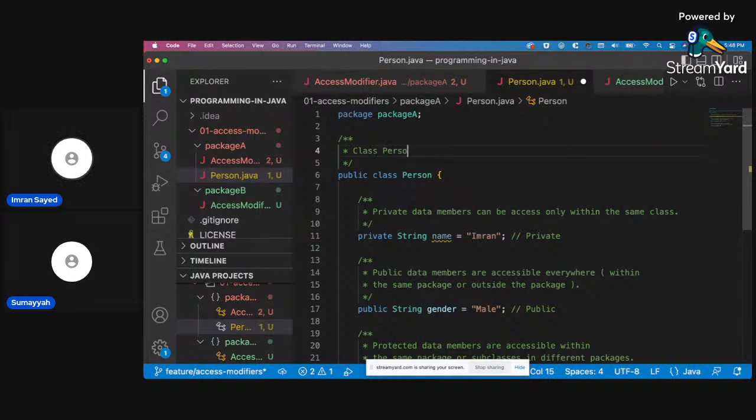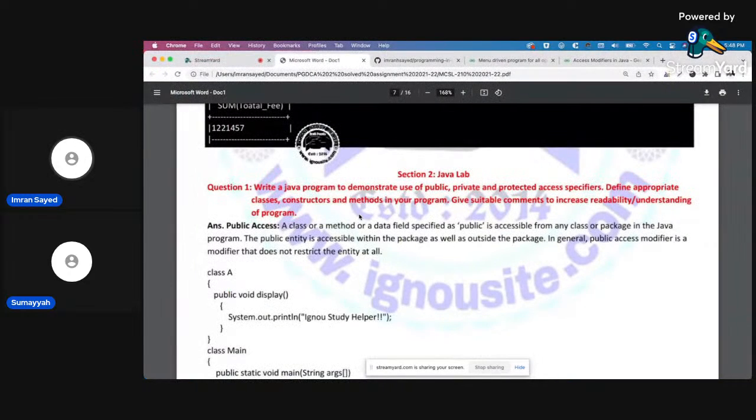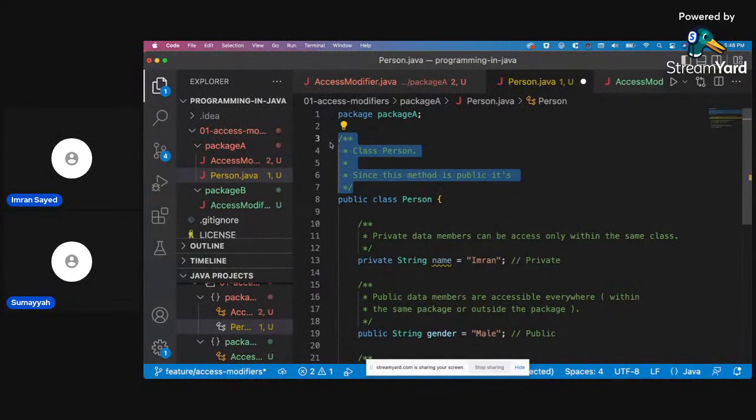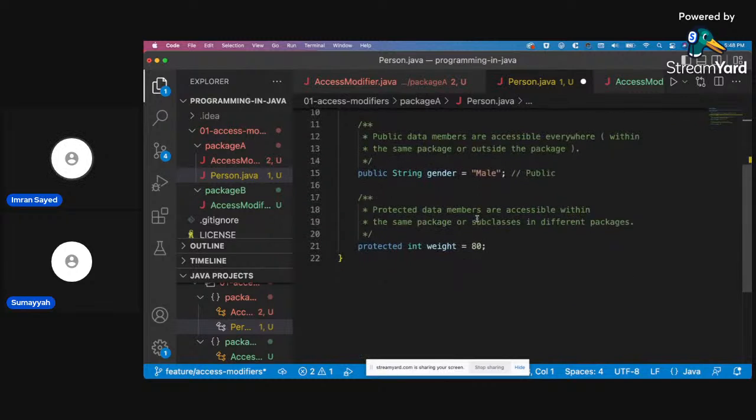Class person, since this method is public. That's a class, not a method. Oh, sorry. We're asking for a method then. Maybe we can create a method in that case.